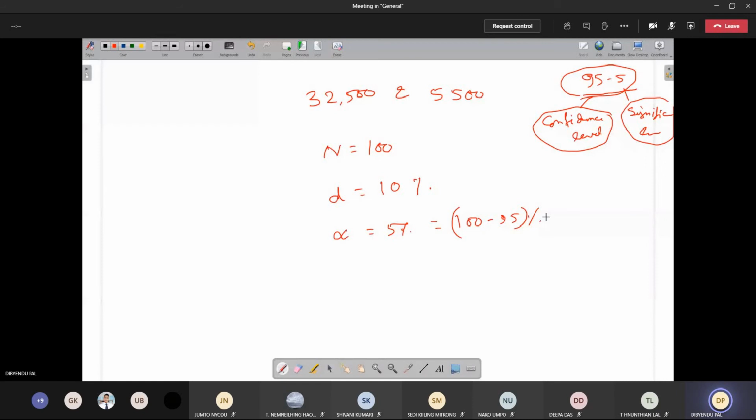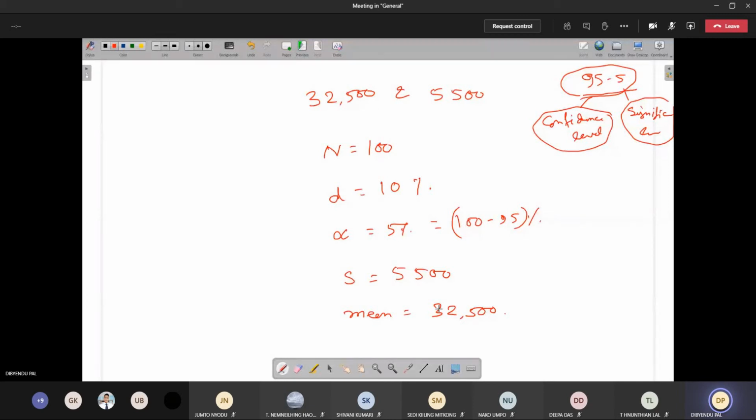I don't need the mean in this equation. In the equation, what is required? Required is the standard deviation. What is the standard deviation given? It is said mean and standard deviation are 32,500 and 5,500 respectively. So the standard deviation I need is given, 5,500. Okay. Mean also, let us write down. Mean is given how much? 32,500. Okay. So to solve the problem, we have to refer to the T distribution table.